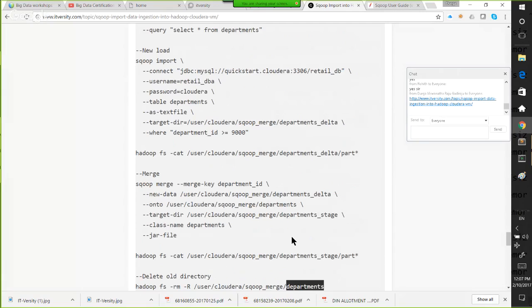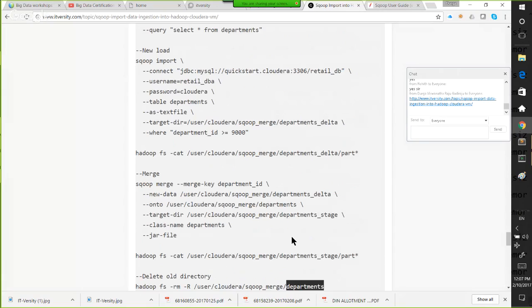Don't take it easy by thinking from the relational database perspective. Okay, so this is also one of the real-time challenges: merging delta from the source into the existing data set. We have to use Sqoop merge, or we have to come up with our custom application. Using Hive also we can come up with our custom application. We will see that at the time of Hive once again. And then